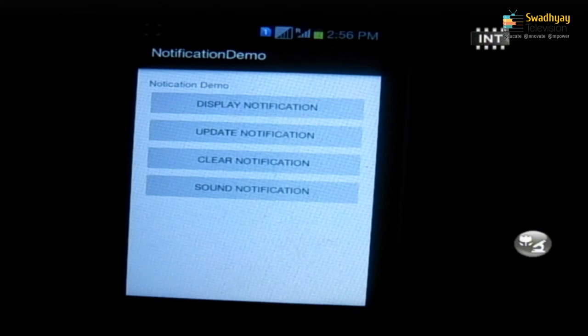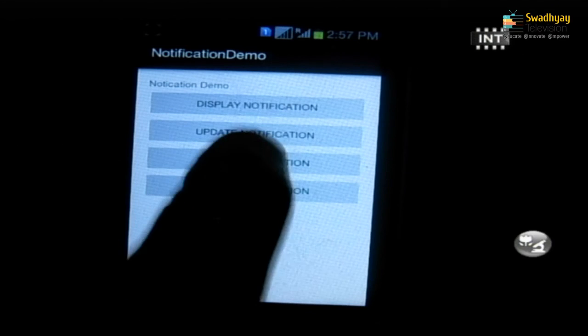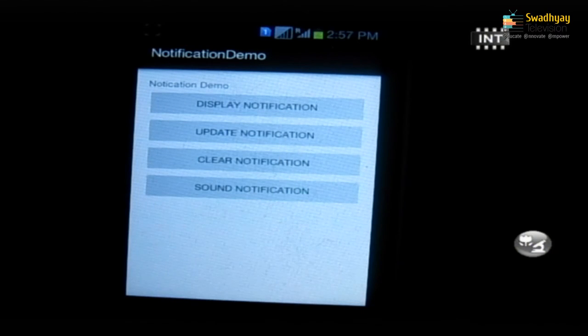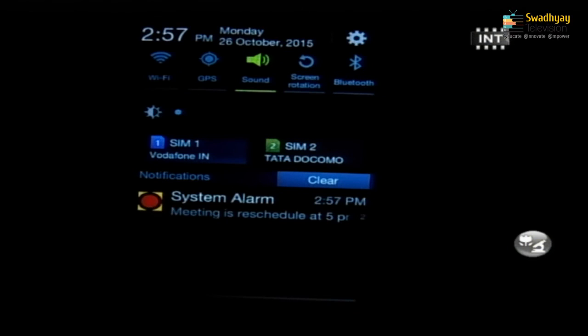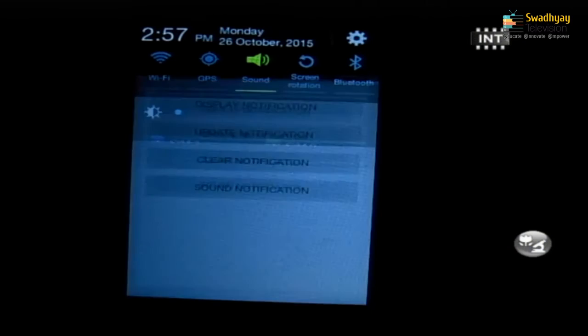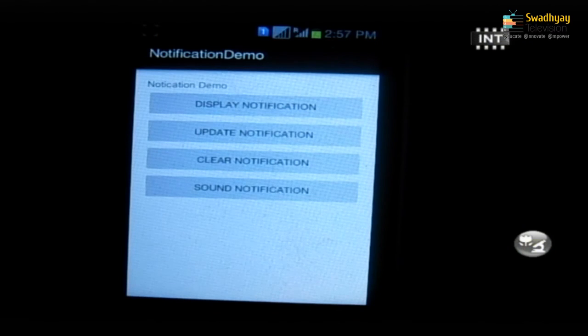Now, I want to update this notification with the message that the meeting is rescheduled at 5 p.m. So, what I can do is instead of creating a new notification, I can update the notification. So, I am pressing the update notification button and it again displays one notification, but now it displays meeting is rescheduled at 5 p.m. and if I click on this, it will return me back to the original activity.